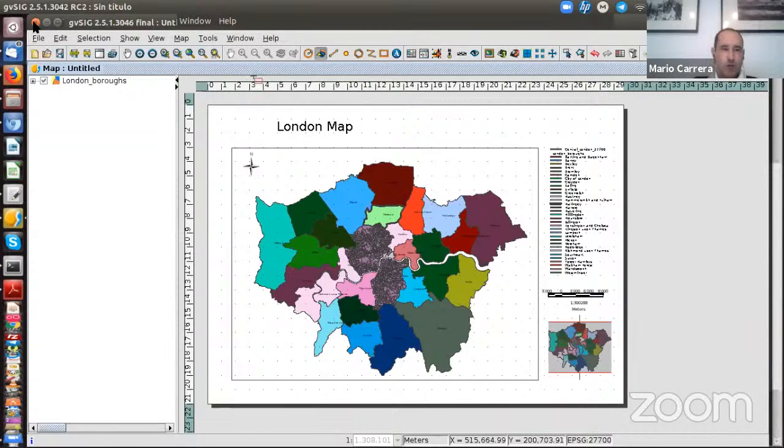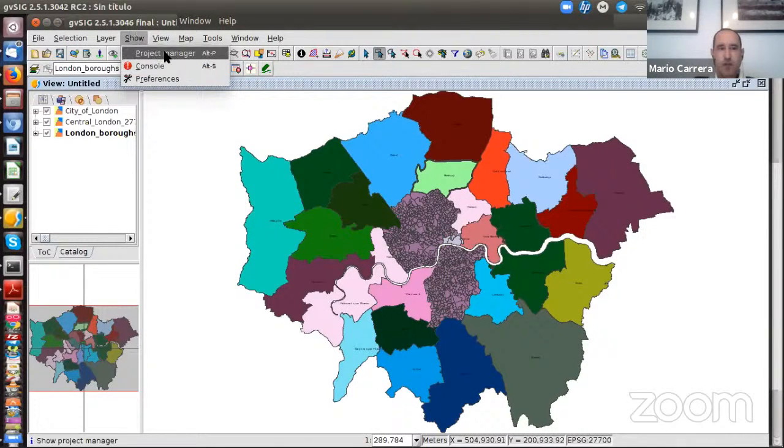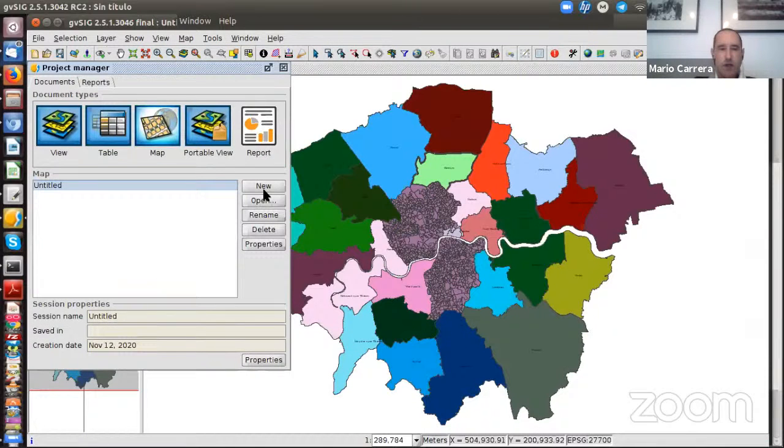Okay, so I'm going to close the map here, and we are going to create a new view. I'm going to the project manager, from show project manager, and we are going to create a new view. So you are going to access the view document. We press new,